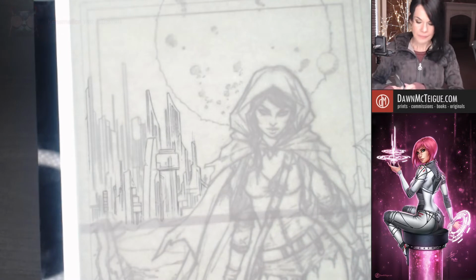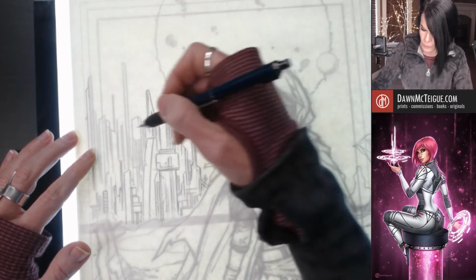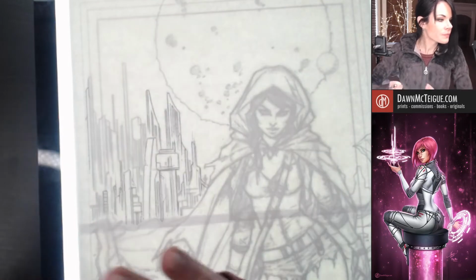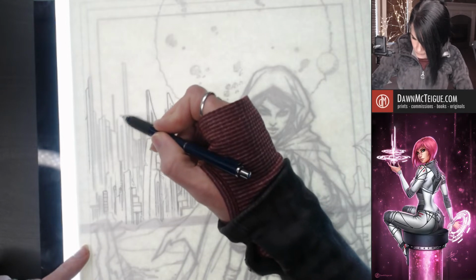All right. I'm gonna make this building here. Right now it's just a pole, but I want to make it a little bit wider at the base. So maybe...